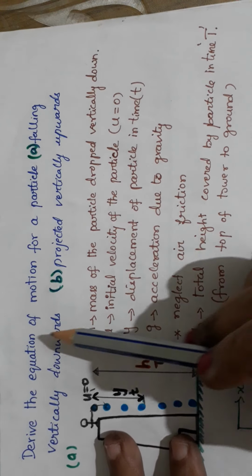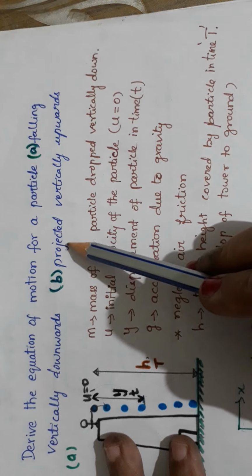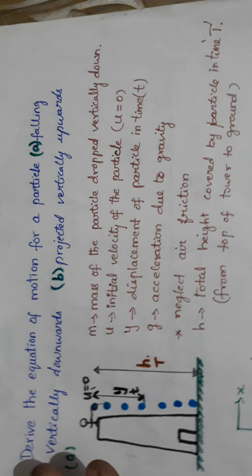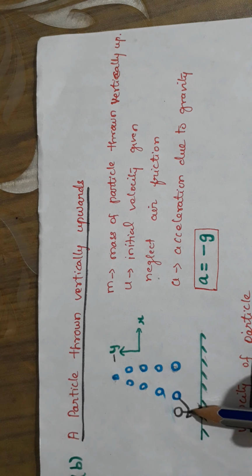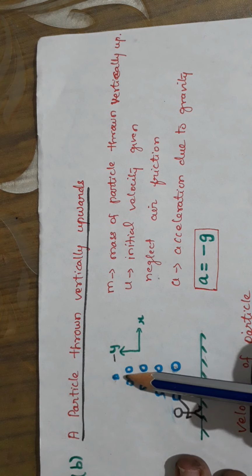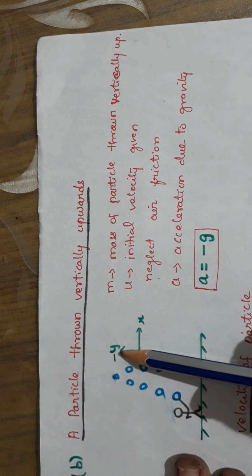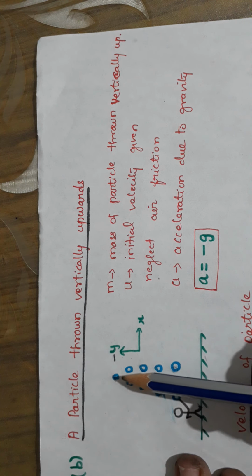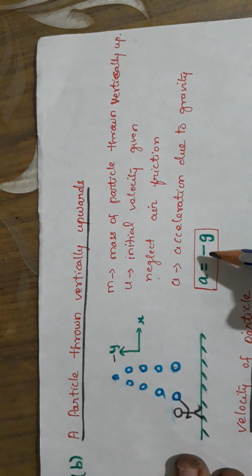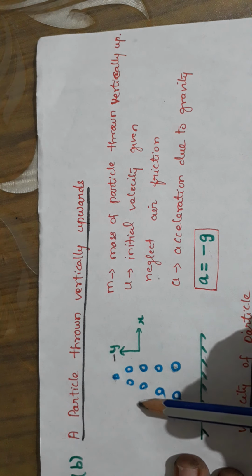Right, children? Next, now we are going to discuss deriving the equations of motion for the particle when it is projected vertically upward. Now here you can see the boy is throwing the ball vertically upward, right? This vertical axis, you are taking it as the positive y axis. When the particle is moving upward, already I told you a should be taken as negative g, right? A is negative g because the particle is moving upward,